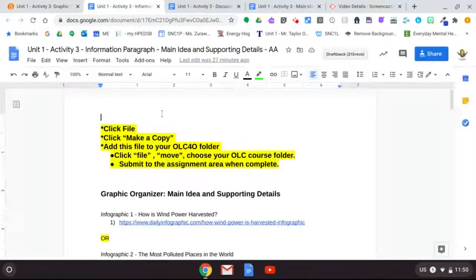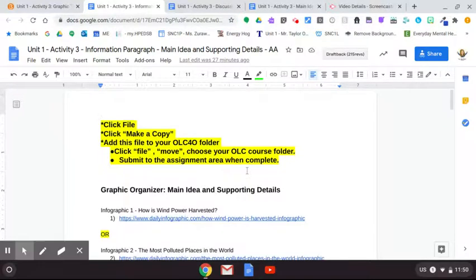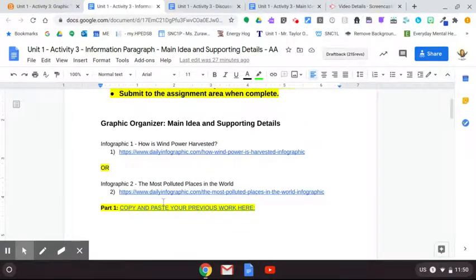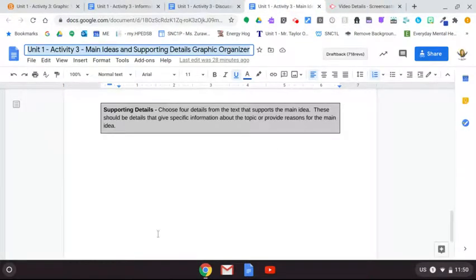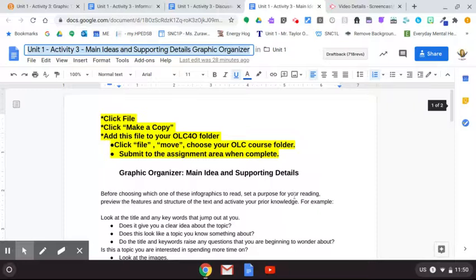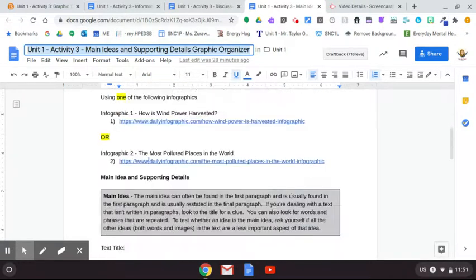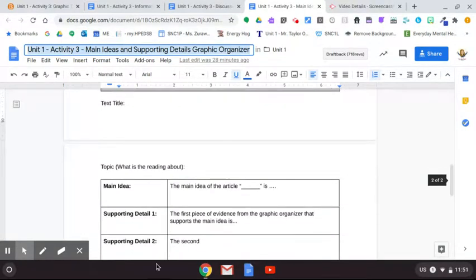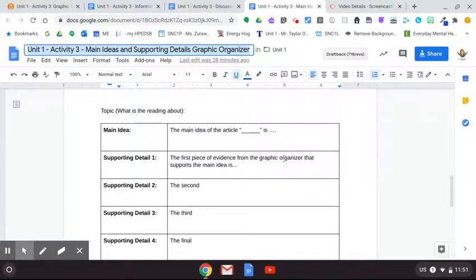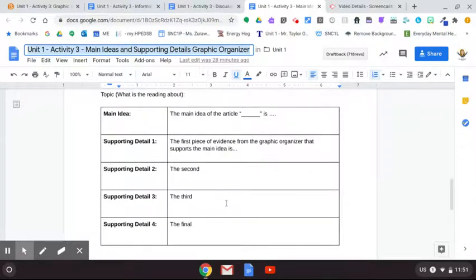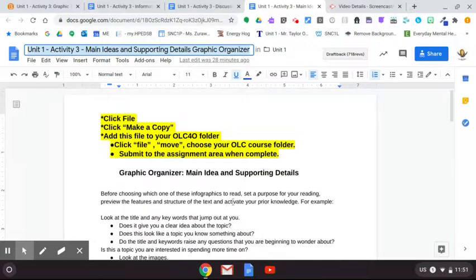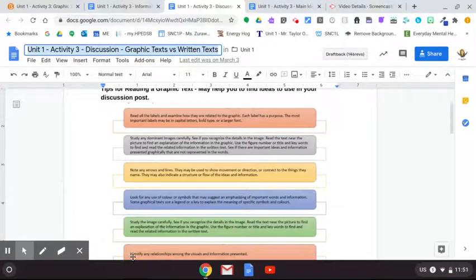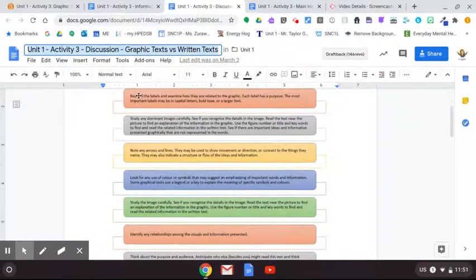It's up here. Make sure you follow the normal directions. You have chosen one of these two infographics from your earlier assignment, which was over here. You have tried to figure out what the main idea is. You have pulled out specific supporting details from the graphic organizer to help you out. You also have maybe taken part in the discussion. Coming back to it now, I think these are really good points